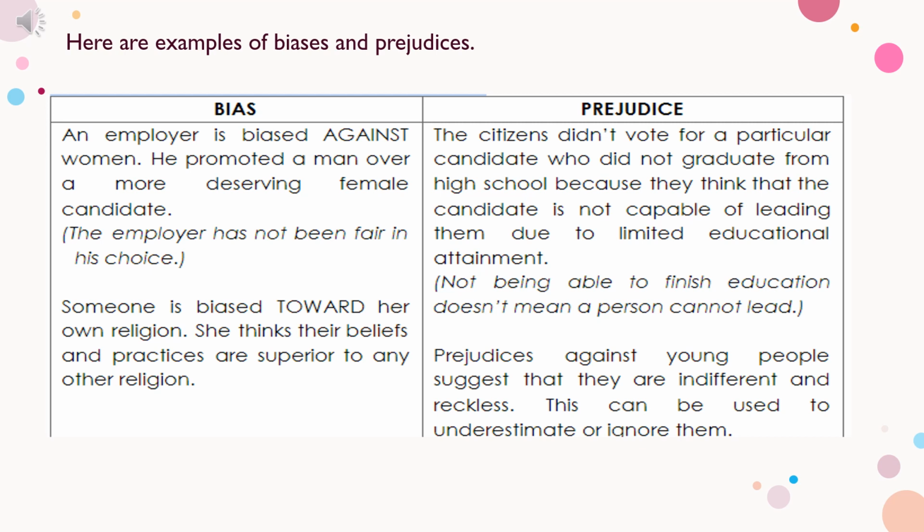So that's prejudice, okay? So that will be a perfect example under prejudices, just like the first one, talking about what? Talking about the candidates who haven't finished schooling and they will not be voting for those because they had in mind that they couldn't lead that well because they knew less. So, under prejudices. Let's continue.